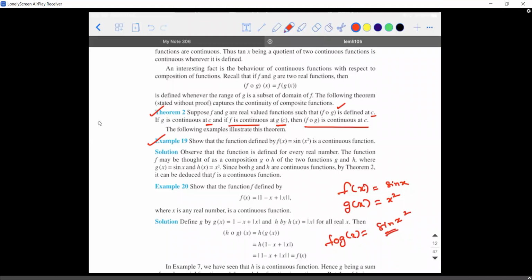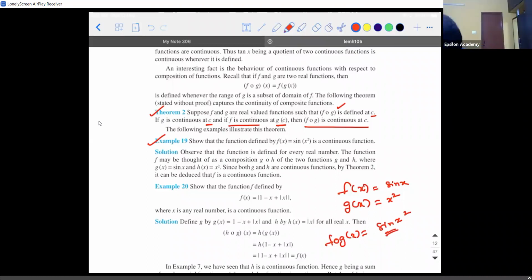So whenever you have these kind of functions, we should look at it like this. Sine is a trigonometric function. You look at the value inside. Generally, the basic standard function of sine is sine x. Instead of sine x, if you have anything else inside, then that is some other function. x square is a different function. So here it is a combination of a trigonometric and an algebraic function.